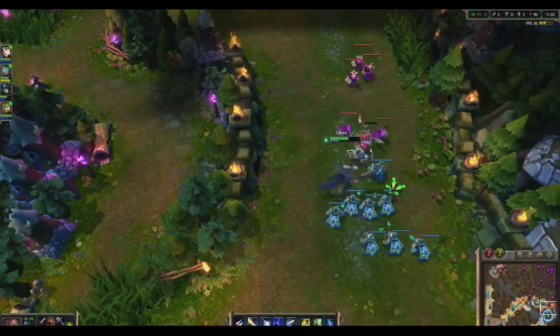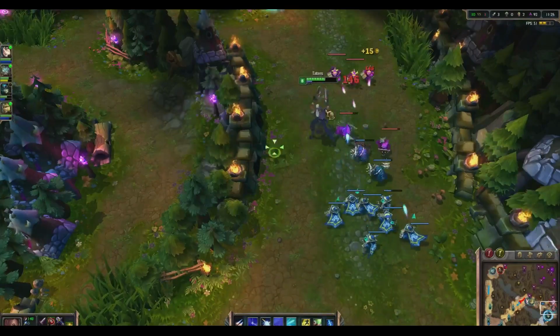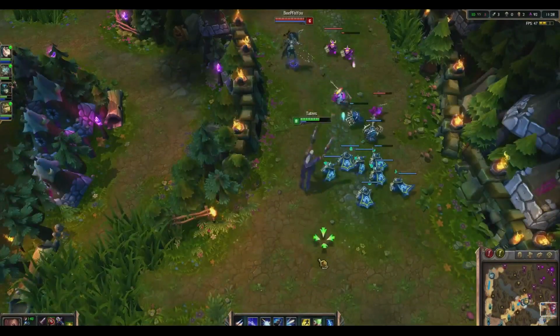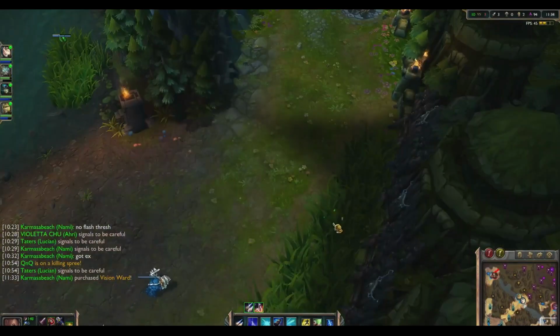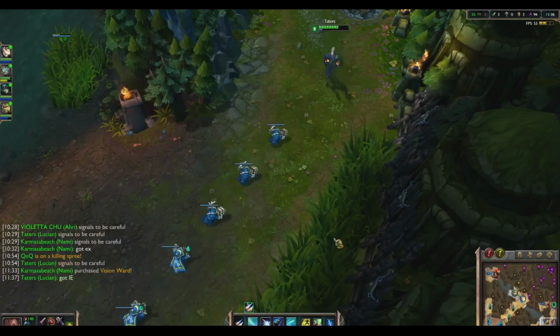I'm going to max my E second for the mobility, and I'm going to try and push this lane out a little bit. You see Vayne comes, I'm a little bit afraid. I wasn't sure if Thresh or anyone else is going to be around, so I decided it's time to back out. At this point,